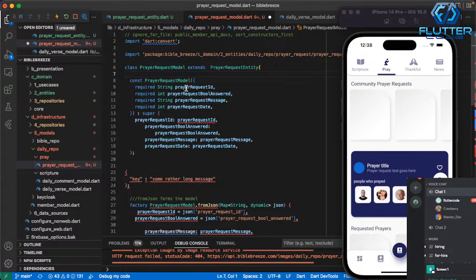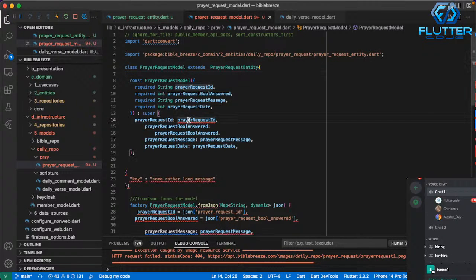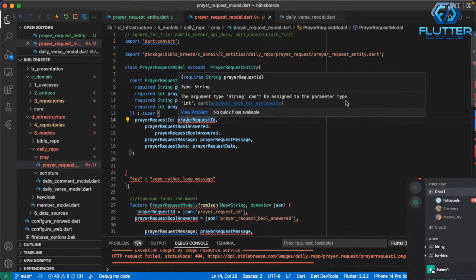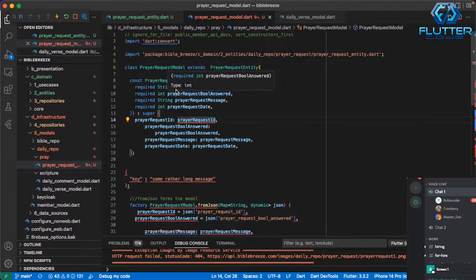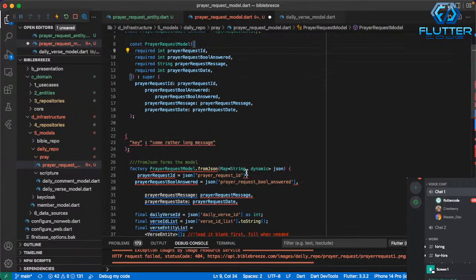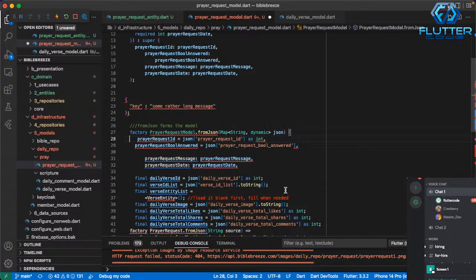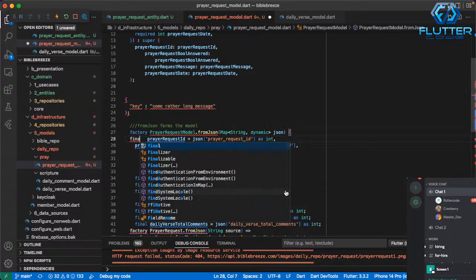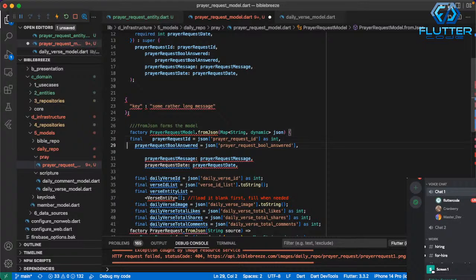So we need to match the prayer request ID, and we're calling it a string, but it says the argument type string can't be assigned to the parameter type integer. So we know this is supposed to be an integer. So if this is supposed to be an integer, then this is going to be an integer. It'll all correct once we get down to the bottom. Let's see, final prayer request ID as integer,